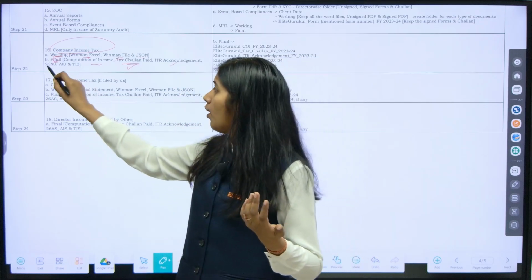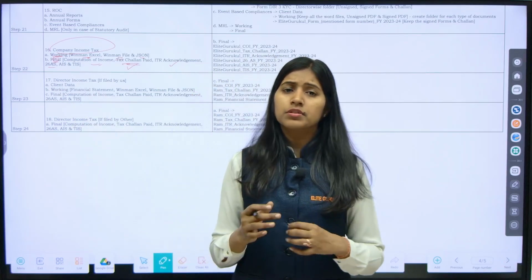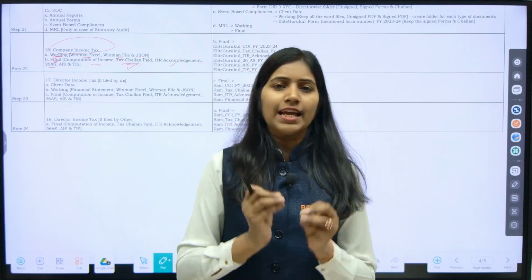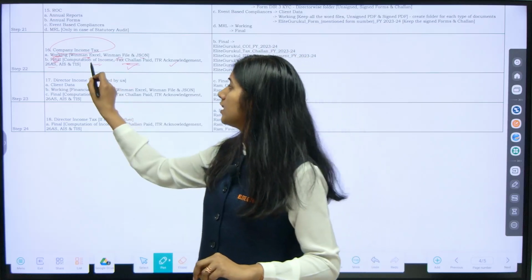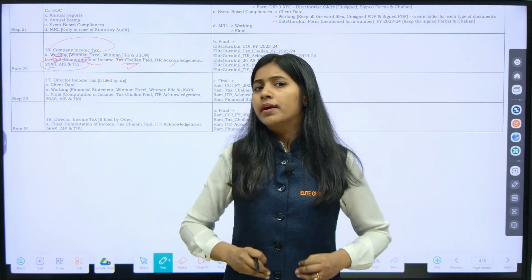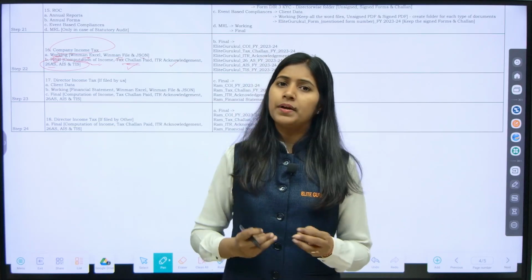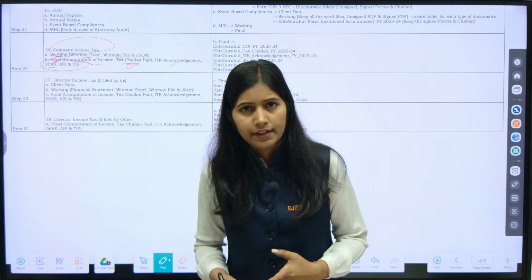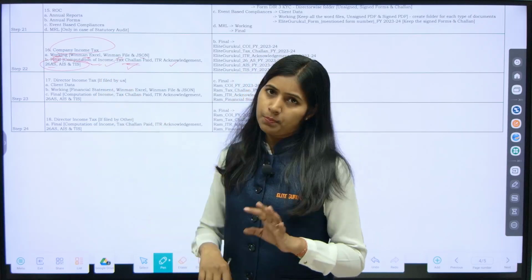And because to file the return you are referring to certain documents which are available on the income tax portal, that is 26AS, AIS and TIS, these three pieces of information also you are supposed to keep in the final folder itself. So it becomes very easy for professionals to print and give it to the client for signature. So these documents you are supposed to prepare.